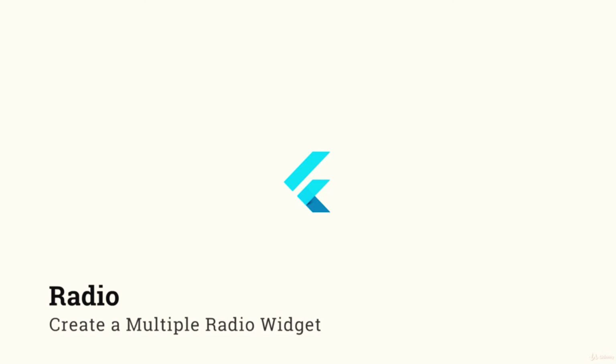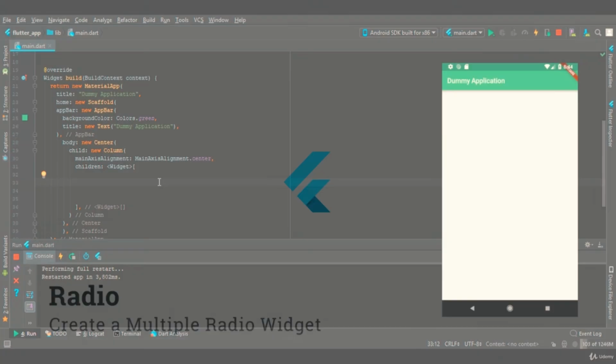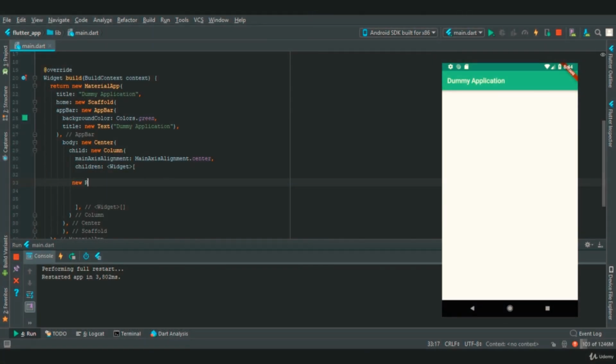In this video, we are going to create a radio button in Flutter. So to add a radio button, let's create a new radio button widget which has three properties. Now let's create two more radio buttons. Now a radio button is active only when the value is equal to group value. So let's say the value is 1, 2 and 3 for radio button 1, 2 and 3, and the group value is 5, 6 and 7.